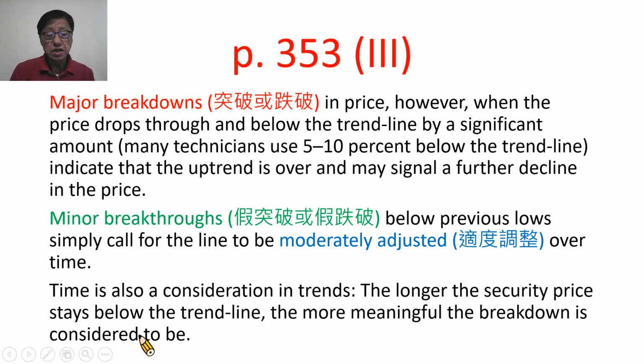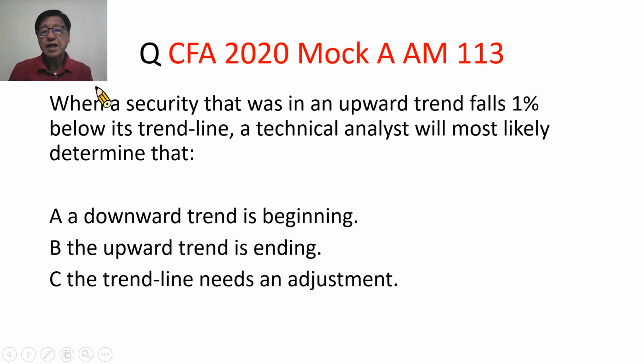所以他说时间也是趋势里面的考量因素。证券价格低于趋势线的时间越长，这个跌破就会视为是更有意义。我们看看 Mock A 组的 AM 113题，他说 When a security that was in an upward trend falls 1% below its trend line, a technical analyst will most likely determine that。他说当一个证券在上涨的趋势，然后它下跌低于它的趋势线1%，那么技术分析师最可能会判断 A, a downward trend is beginning, B, the upward trend is ending, C, the trend line needs an adjustment。A 是说一个下跌趋势开始了，B 是说上涨趋势结束了，C 是说这个趋势线需要调整，答案就是